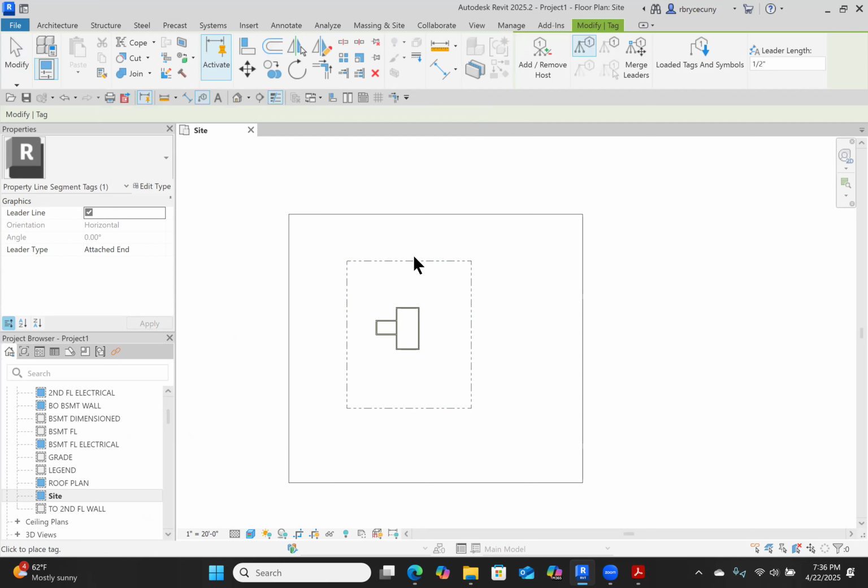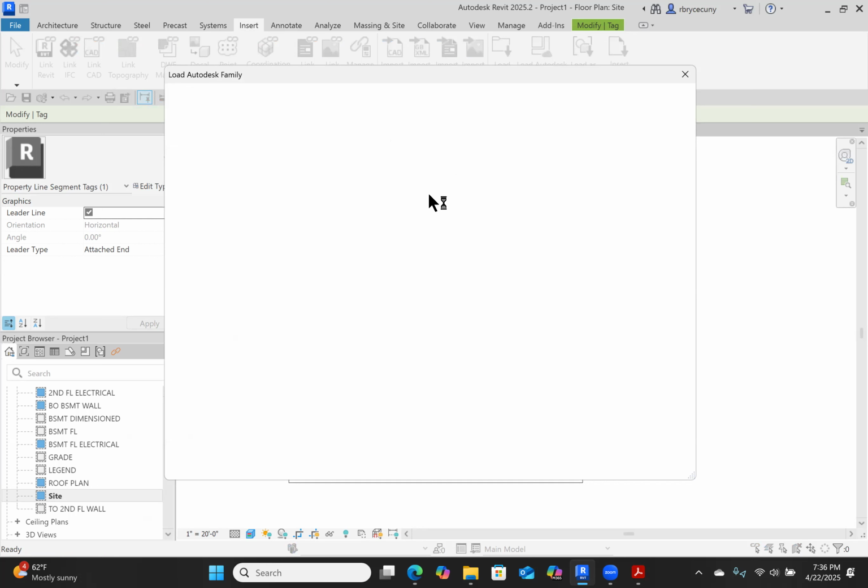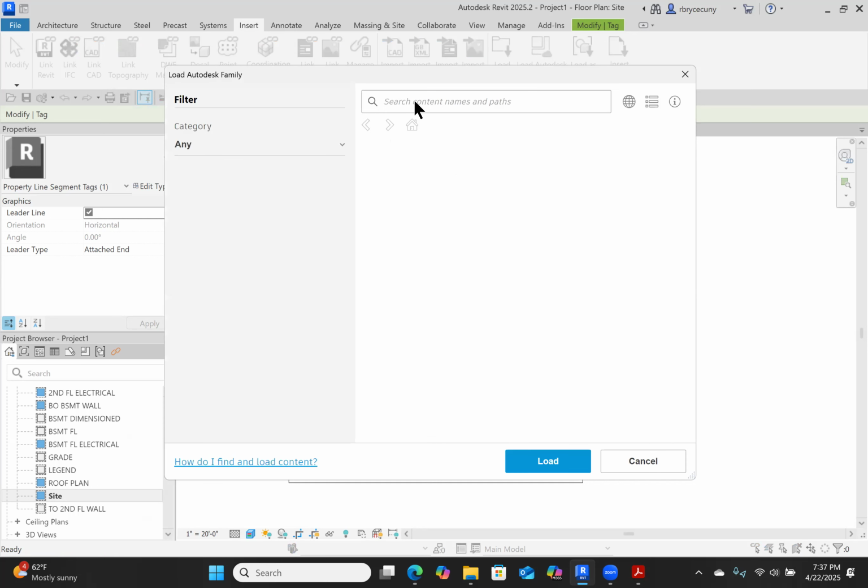I think yours doesn't have the tag on it yet. But somehow my template now does have it. If you try to tag it and Revit tells you that it doesn't have that particular annotation tag, then we simply go over to Insert, and we can go to our Autodesk library, and we can search for it. So let's search for,